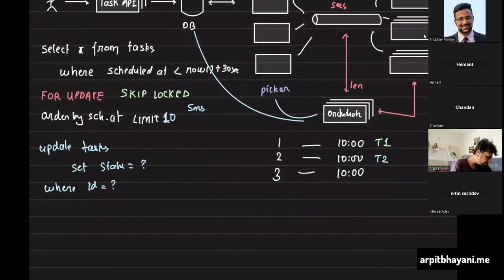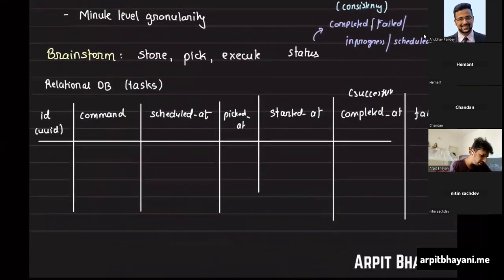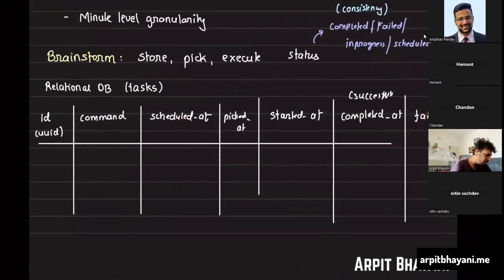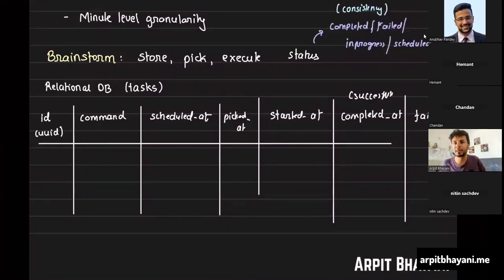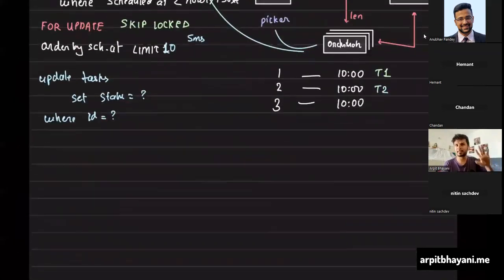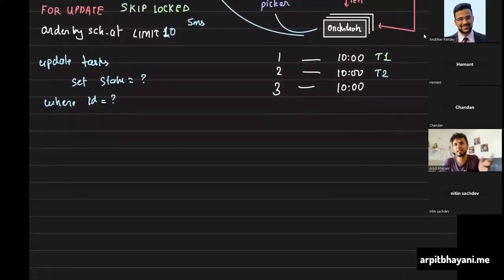Right? So just one change over here, that if you look carefully, now we don't need the status column at all. We can just derive the status column. And in either case, you may choose to keep the status column, or you can choose to remove it. Either way, it's fine. But the idea is that if something is derivable, why have a status column for that? But I'll still keep it because why not? Just be sure that it might go into an inconsistent state. But you have anyway got it covered, that you know the average time of execution of a particular type of task. You can then update the status column and set failed at some time and whatnot.